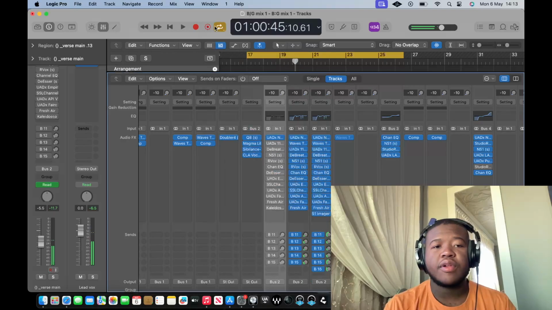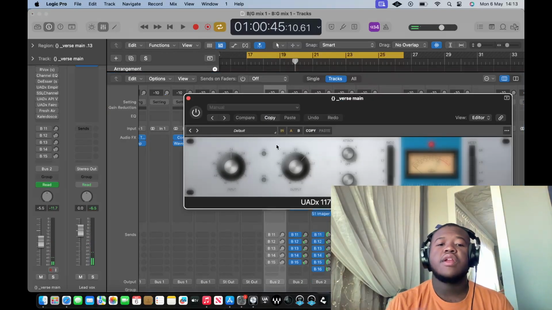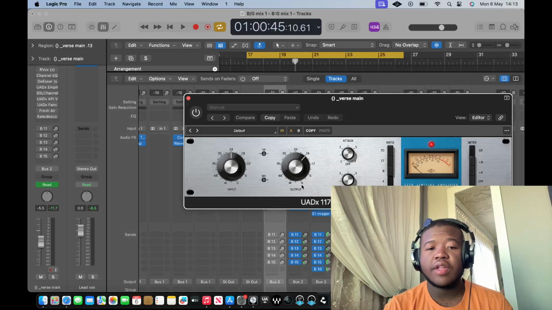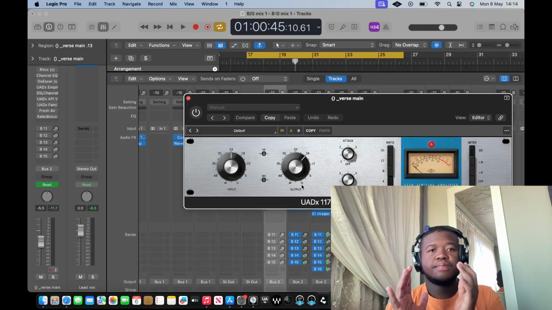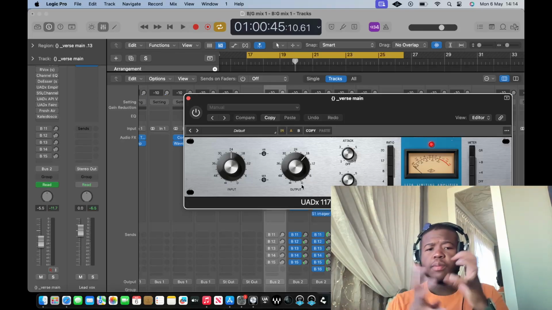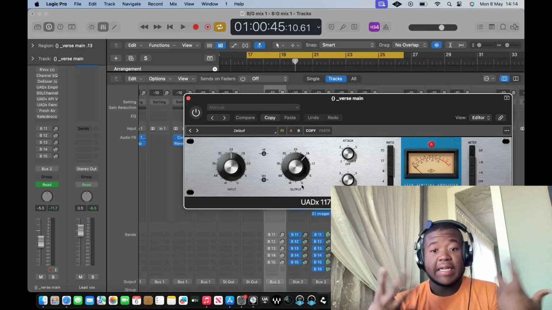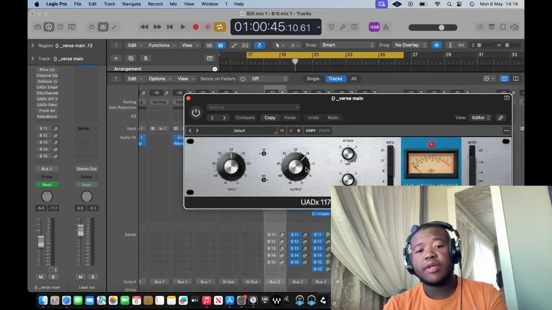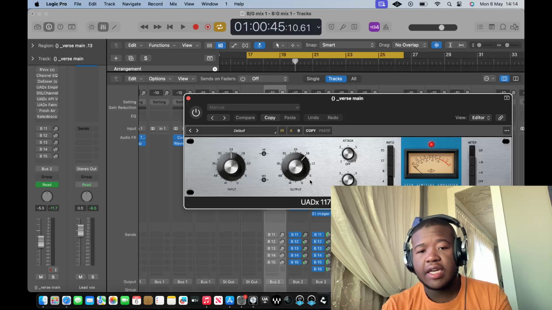As you can hear, that brought that out really well. Then the next thing we went into was the 76 compressor. When you open this plugin up, it's a UAD plugin. The input is really low and the output is really high. What I did was get a bit of this compressor's harmonics out, that's what it sounded like it's doing for me. I pulled the input up, so it's usually around 6.